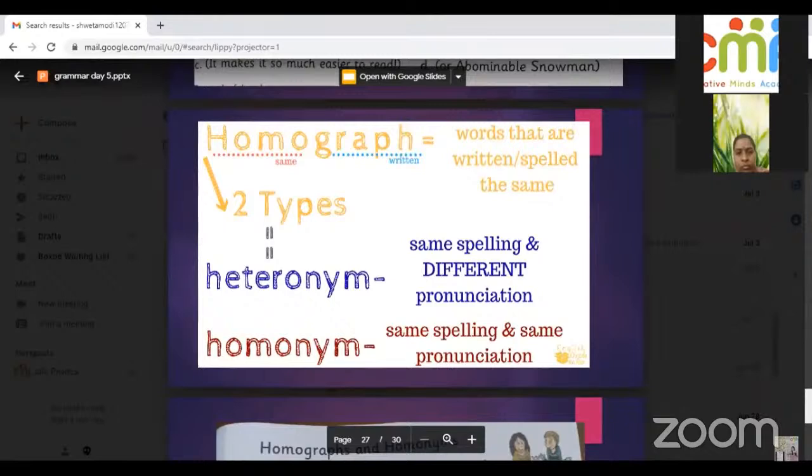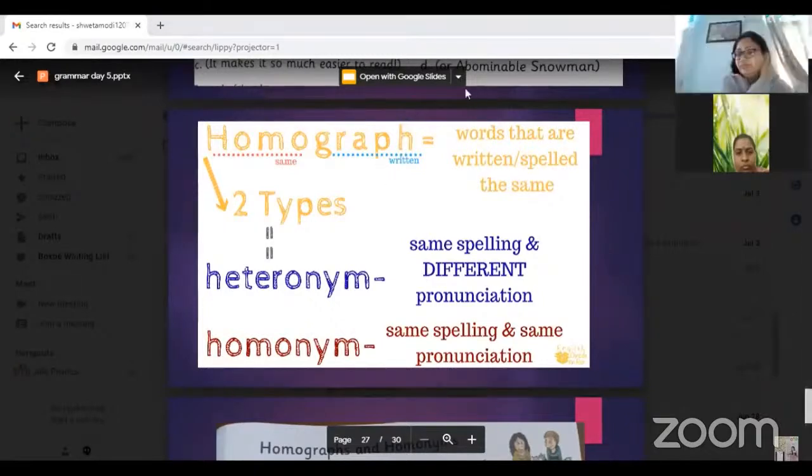If it is the same pronunciation, then it is a homonym. But if it is a different pronunciation, then it is a heteronym. Okay. So you can see here,